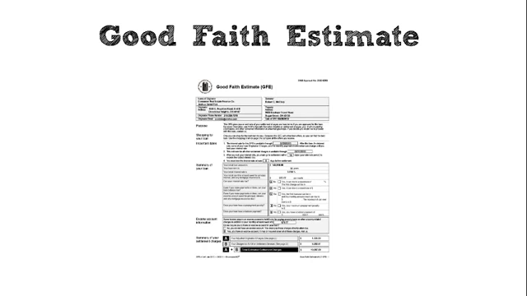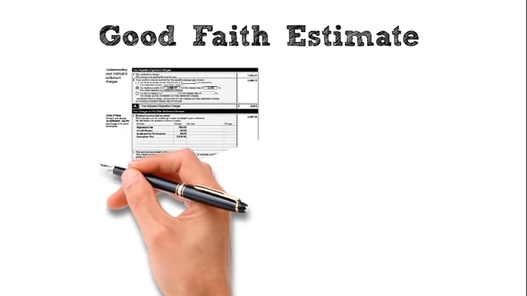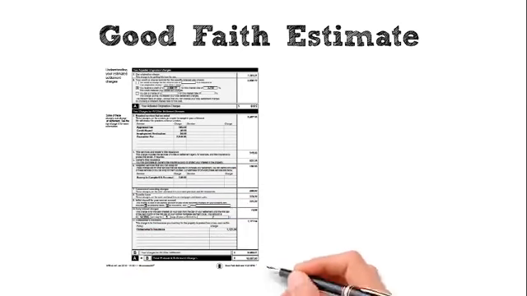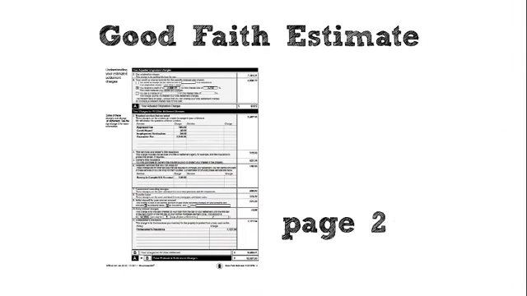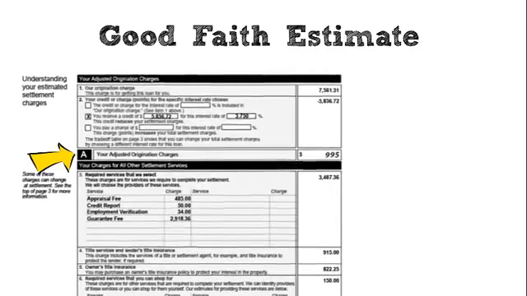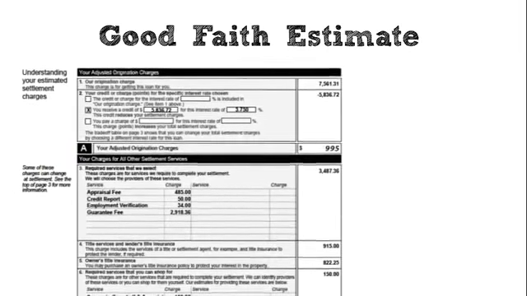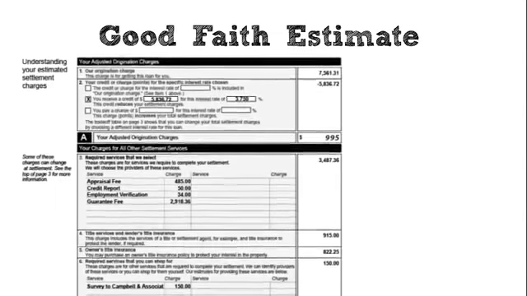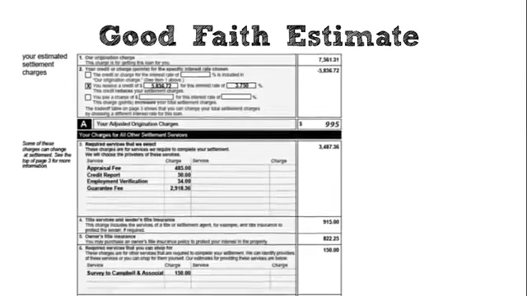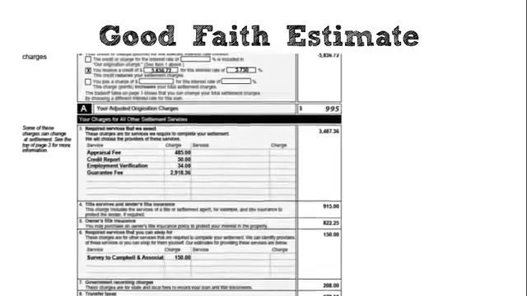Okay, great. Now that you have found the GFE, I want to concentrate on page number 2 of the GFE, which will break down all of the fees associated with this loan. As you go down through this, you will see in box A, it shows the adjusted origination fee, which is our fee for services. This also includes an underwriting fee of $995, so deduct that to show the fees that